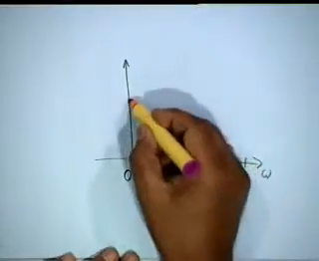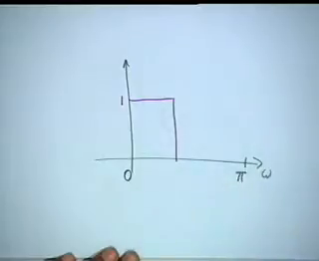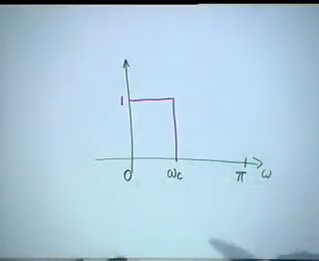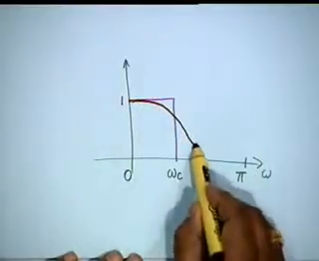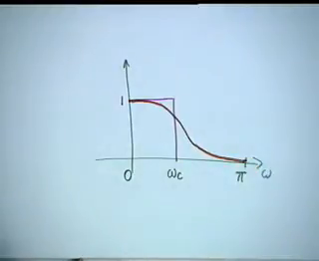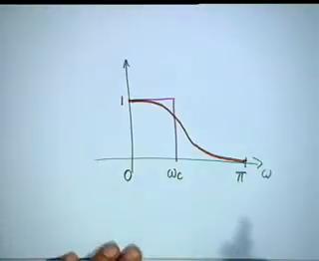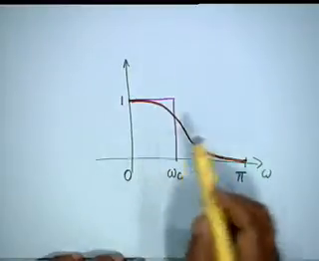Now what we have, ideally we should have something like this, 0 to omega sub c. What we can have in practice is something like this, it has to be rounded off. So we can have something like this, okay, a smooth curve, and this is therefore an approximation to the low pass filter characteristic. We can have other kinds of characteristic also. For example, the